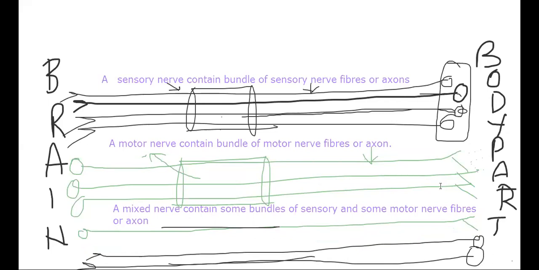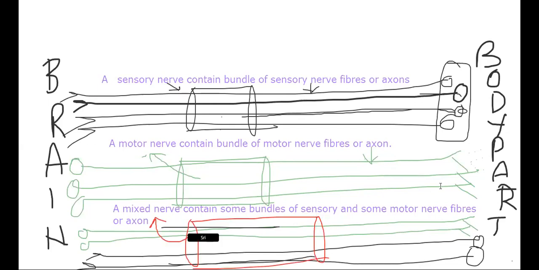Okay, I lost one color. A sensory nerve fiber and a motor nerve fiber. So I am drawing motor: two I have drawn as motor and two I have drawn as sensory. It doesn't mean that only two are present, I'm just saying it like so. So what is this? Totally, we say it is a mixed nerve. In that, some are sensory. Who is that? The black one. And some are motor. Who is that? The green one. Some motor fibers are there and some sensory.